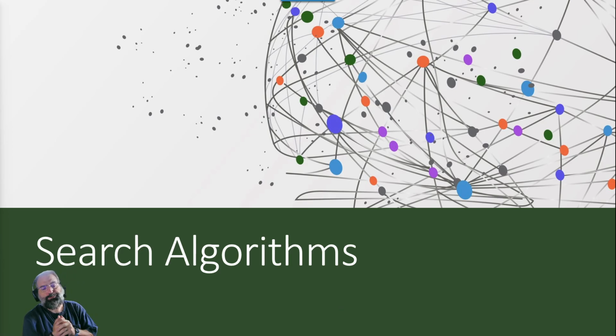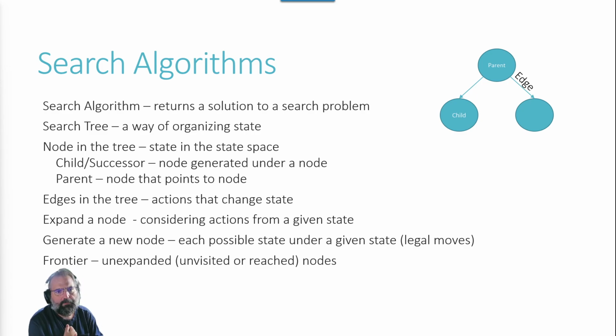Anyway, so when you're dealing with search algorithms, these are ways to find solutions. And so it returns a solution to a particular problem. That's the whole point of a search algorithm. Ways that we do that is sometimes we like to organize things into trees because trees have some very nice characteristics. There are no cycles or loops in them, being one of those. One of the challenges with searching is that you may end up in a situation where you're going in a loop. And when you do that, it throws everything off.